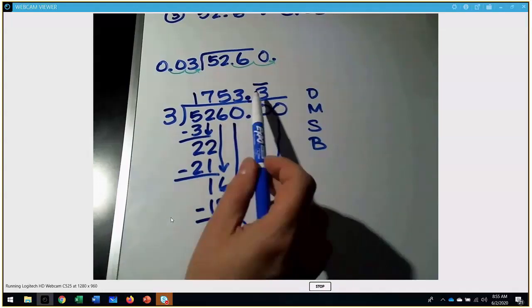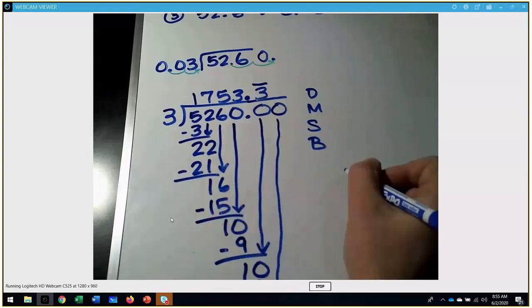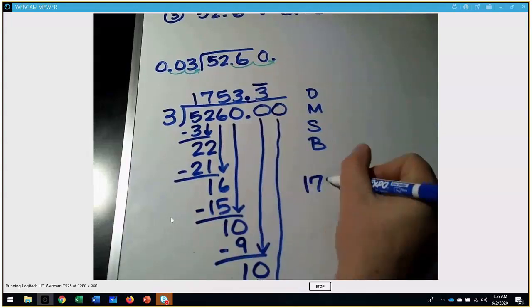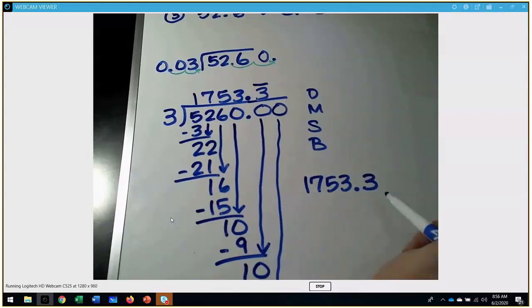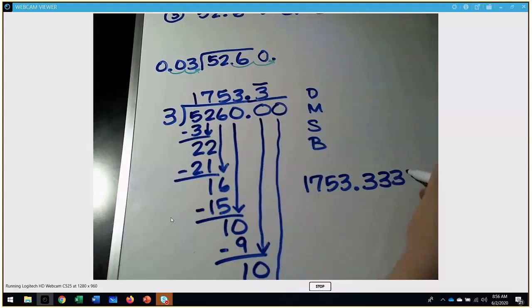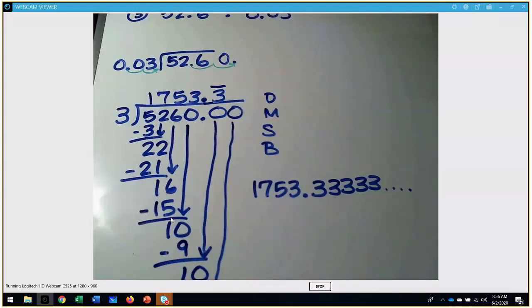Otherwise, indicate it with this bar. To round a repeating decimal, let's talk about that. Since we know that 3 goes on and on and on, I could really just keep writing them. That'll go forever. So if they ask you to round this, let's say to the nearest tenth, you want to